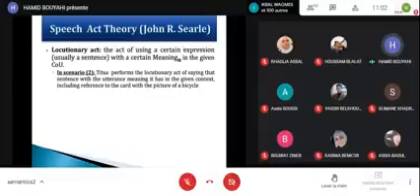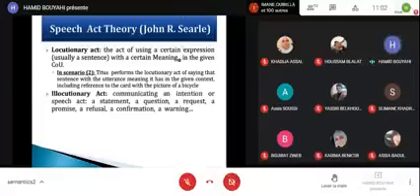Okay, so it's always the same expression, the same locutionary act, but the context will have effects on the second level, which is the illocutionary act: a statement, a question, a request, a promise, a refusal, a confirmation, a warning. So for John Searle, for speech act theory, whenever you speak, you are acting in a certain way, a speech act. So by your speech, by talking, you are either asking a question, making a request, making a promise, refusing something, confirming something, warning against something.